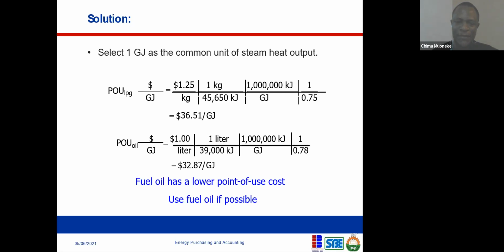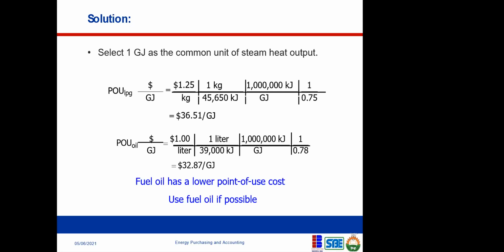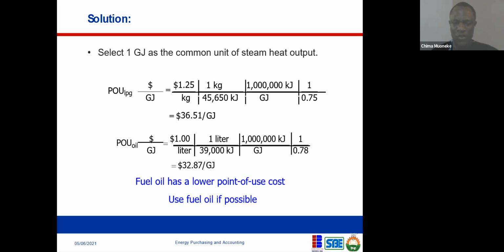If anybody has the correct value, just let me know so we can proceed. 36.5096. Yeah, I think exactly right. So okay, correct. So that is the cost per gigajoule. Now